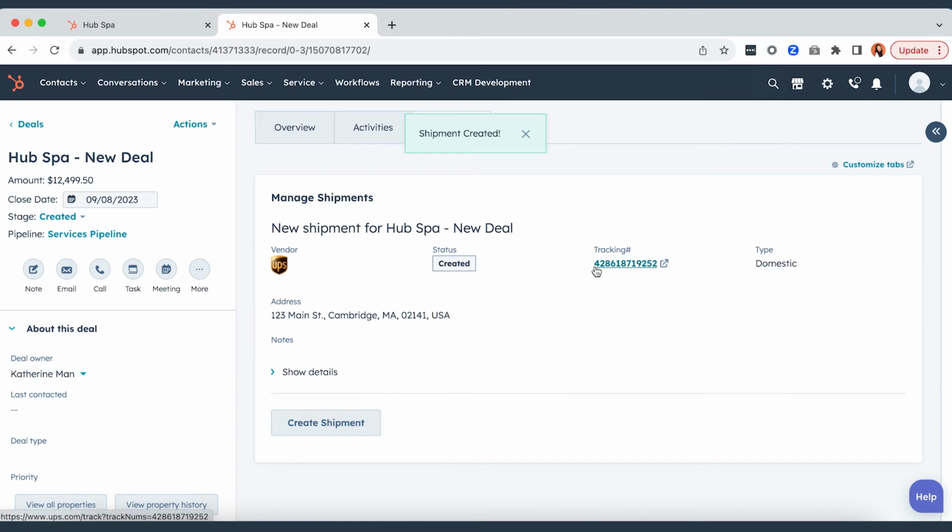Perfect. And so with this tracking link, this is telling me that my shipment got created in the system, and I could click that and go see it. But with this, it was just a few clicks. We took what was once a very manual and cumbersome and exhausting process and did it within minutes. And so now, with that, I've just showed you both the power and ease of use of our customization and how to use that to solve all Breezy's and hopefully a lot of your problems as well. With that,